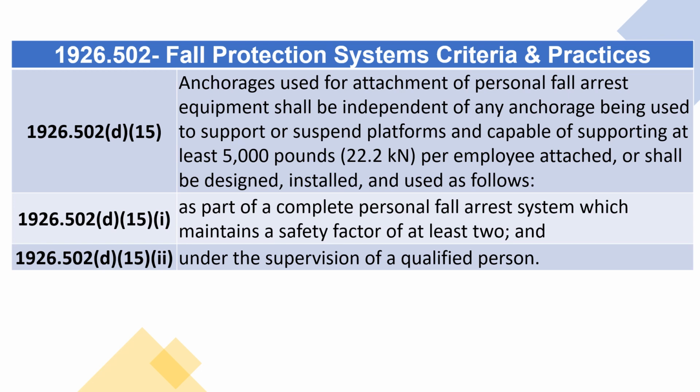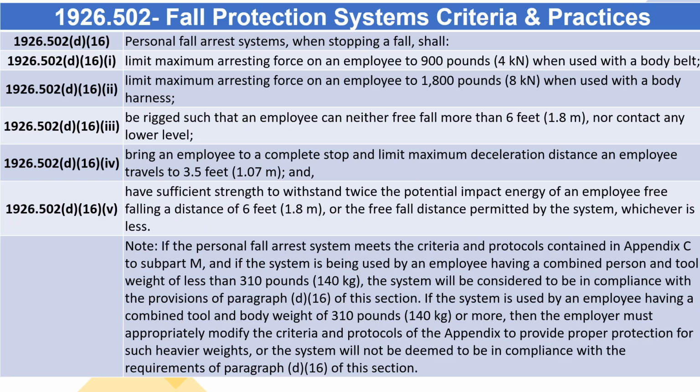1926.502 D15. Anchorages used for attachment of personal fall arrest equipment shall be independent of any anchorage being used to support or suspend platforms and capable of supporting at least 5,000 pounds (22.2 kN) per employee attached, or shall be designed, installed, and used as follows: 1926.502 D15(1) through D15(2), as part of a complete personal fall arrest system which maintains a safety factor of at least 2, and under the supervision of a qualified person. 1926.502 D16. Personal fall arrest systems, when stopping a fall, shall